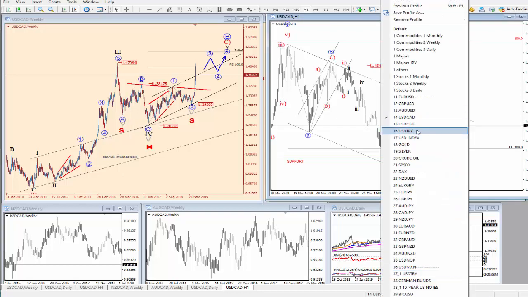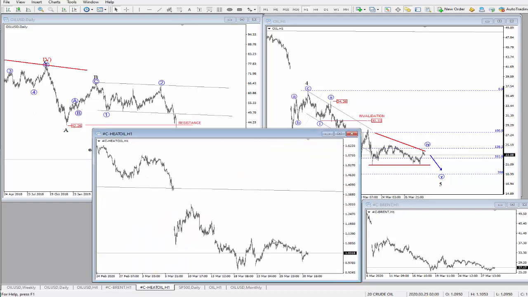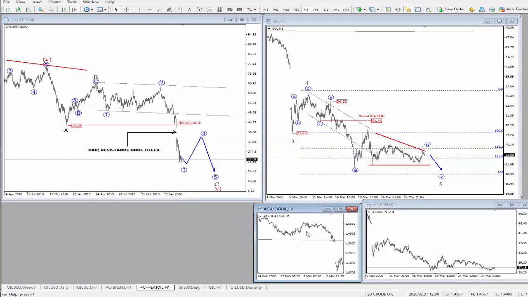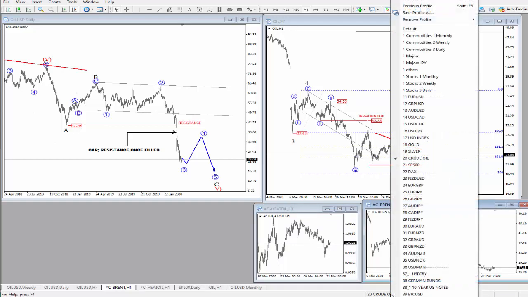At the same time, obviously you will be watching the crude oil prices, and crude oil can be in a barrier triangle here. You have wave A and then this A, B, C, D, E pattern, so in a wave 4. In my opinion, there's still room for more weakness. Even looking at heating oil here, I think it has the same nice pattern. Also those lows haven't been triggered yet. Same thing here on Brent. So I'm expecting that the energy market will stay under pressure, and maybe this will send dollar cat to the upside.